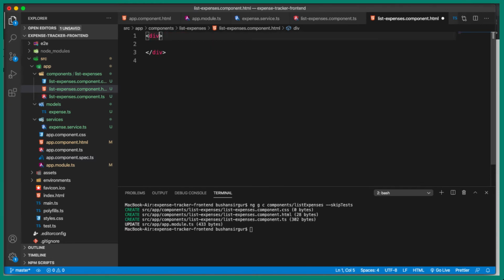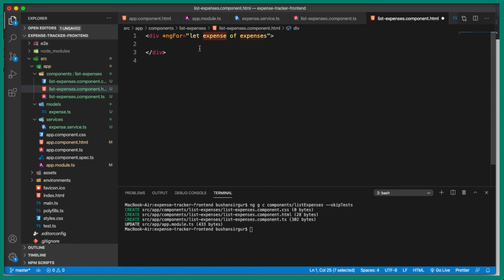Inside this div, we are going to make use of the Angular structural directive *ngFor, and we are going to create a local variable, which is let expense of expenses, and inside this we are going to display the list of expenses. Each time the loop runs, the variable expense gets initialized, and we are going to make use of this expense object to retrieve the individual fields.